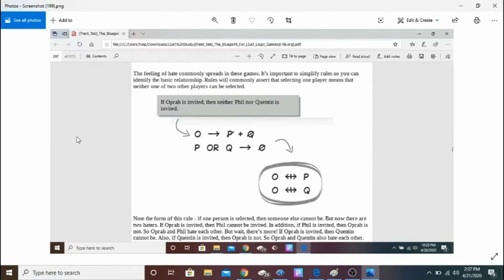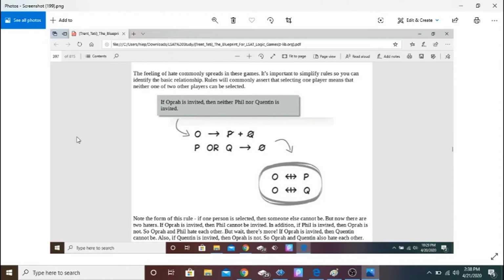So next, I'll be discussing the importance of simplifying these rules. So in an in and out grouping relationship, if O is invited, neither P nor Q is invited. We simply deduce this as, okay, so O cannot be next to P, and O also can't be next to Q. Rather than leaving it as a conditional statement, we can just simplify it into a much easier visual reminder